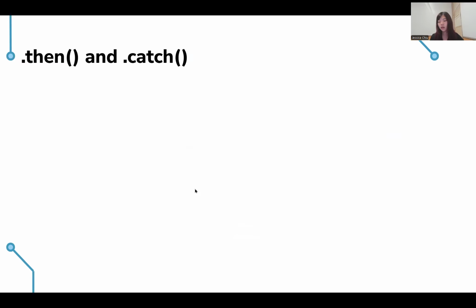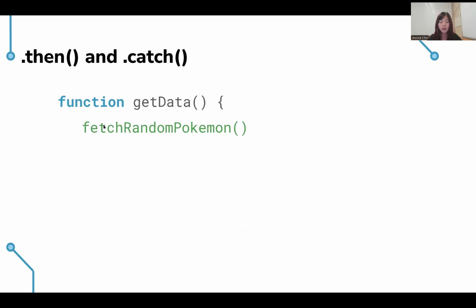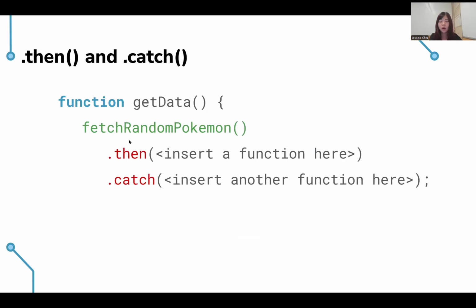Okay, another way we can do the whole async await thing is using then and catch. We usually use async and await, but sometimes you can see the then catch format in older code. So let's see how we do it. You can see in this case, there's no async in front of function. It's just going to be the regular format for functions. But now we're going to call our fetch function first, so we're fetching our data,